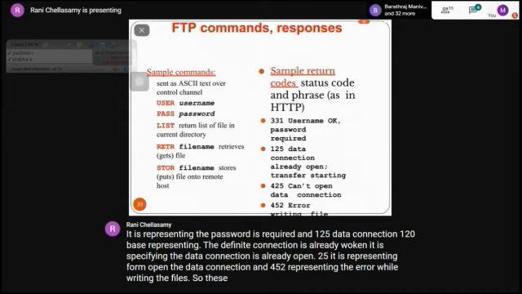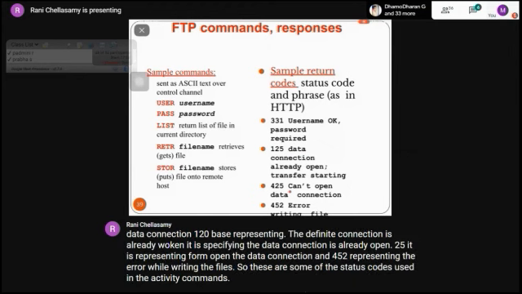So these are some of the status codes used in FTP. Okay,